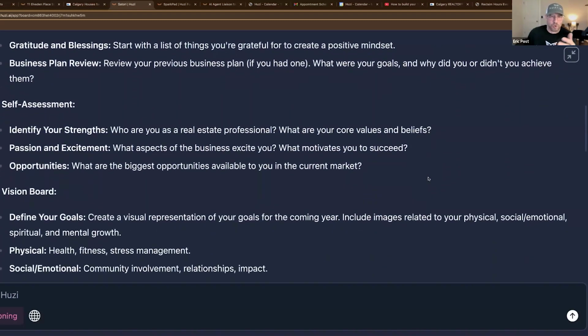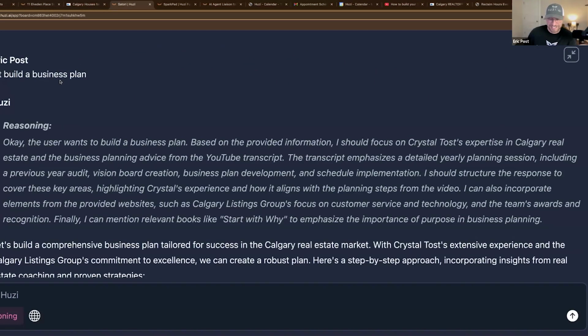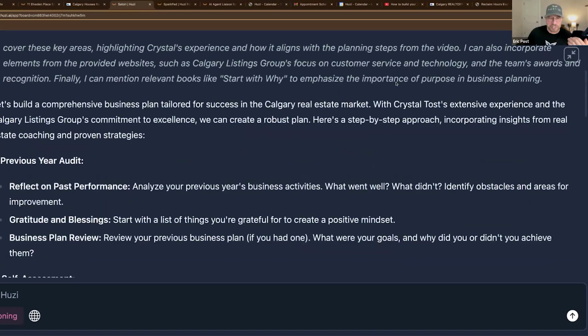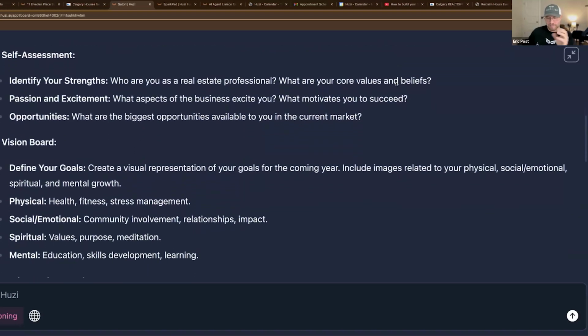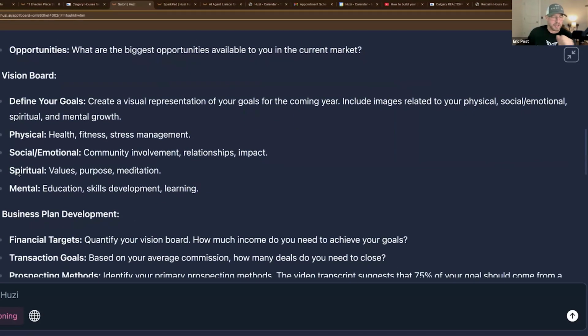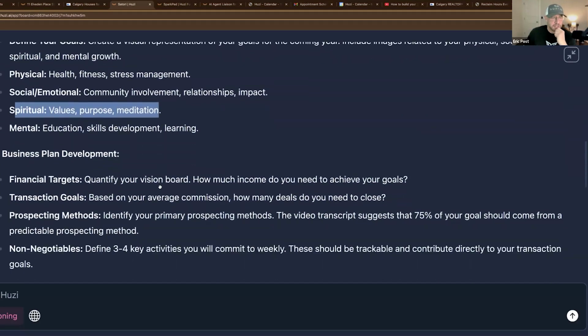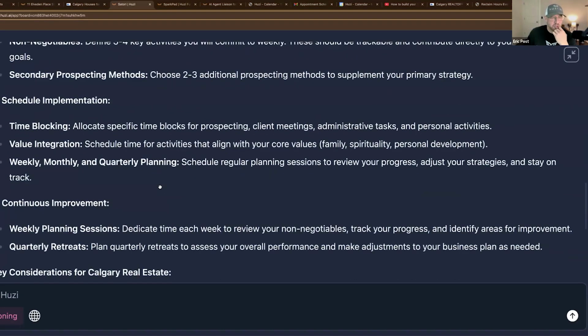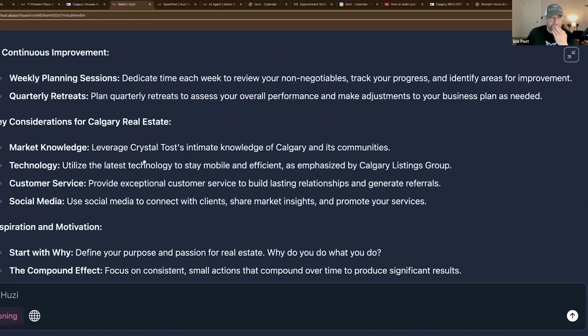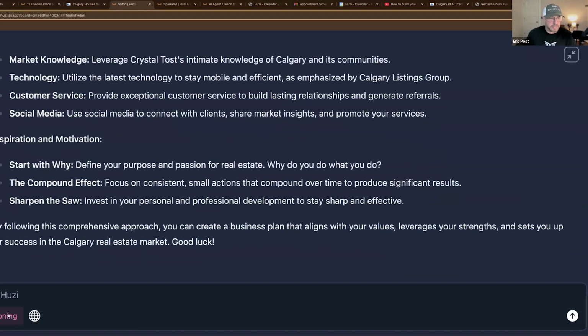And with my first horrible prompt, let's build a business plan, right? I just want to point out that's a horrible prompt. If I put that into ChatGPT, you get a horrible response. So with being visual and laying things out on the board, you can start to really see a little deeper here. So it talks about spiritual, mental, education, schedule improvements, time blocking. This is great. Start with why.